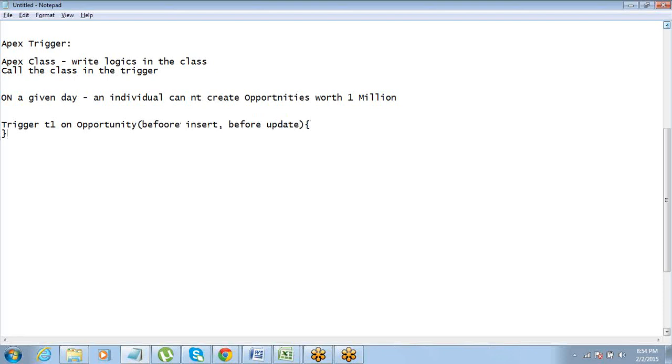Since all the logic has been written there, I don't need to write anything in the trigger itself. I just have to write the class name dot method name, and this will be the parameter.